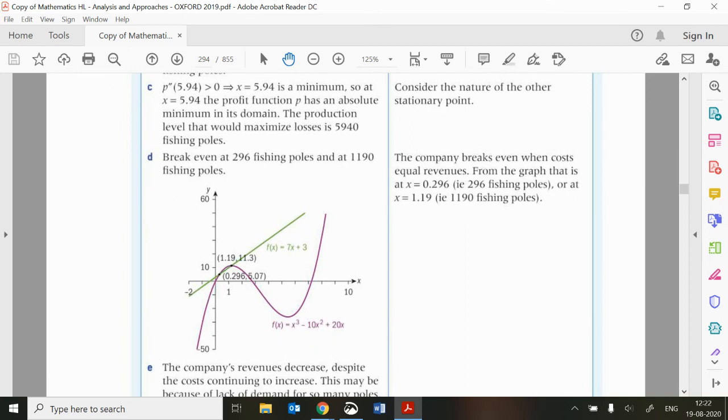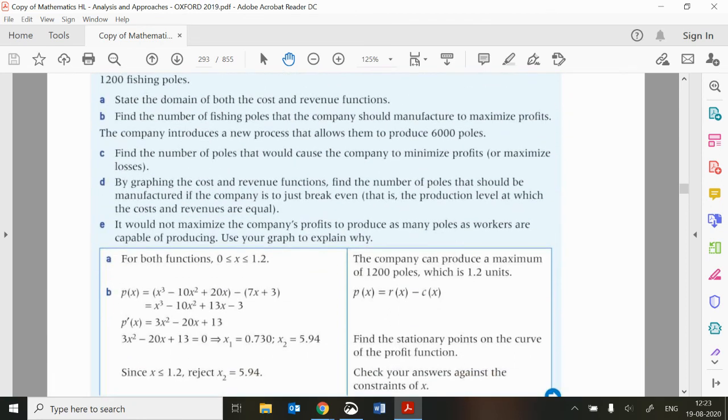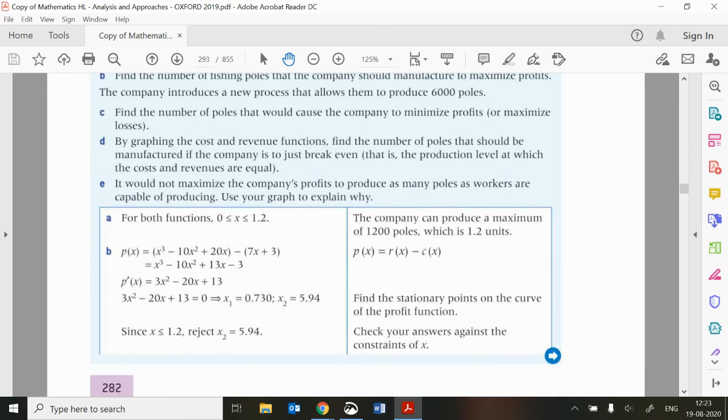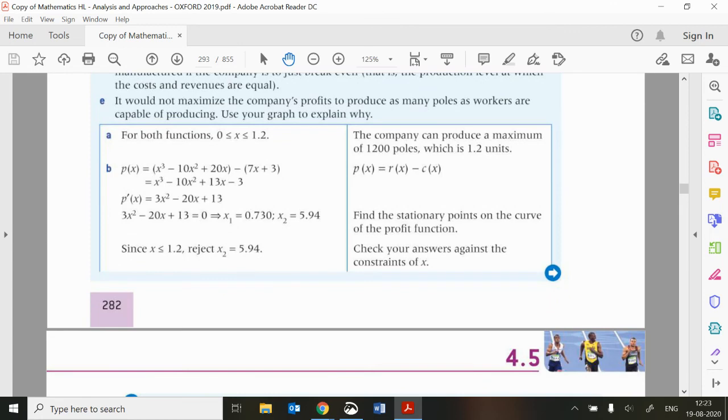So they said break-even points are in two places there in our domain. Now, if we carried on beyond 6, you can see that there'd actually be a third place where this green graph crosses the purple graph there, but we don't need to consider that because it's not in our domain. Okay, so that's that done. By graphing these, you potentially want to do those using your GDC to find out the places where they cross. And then for part E, it says